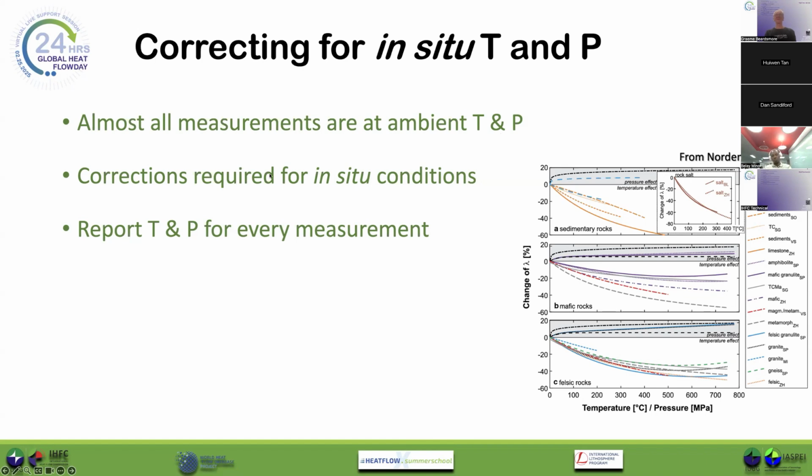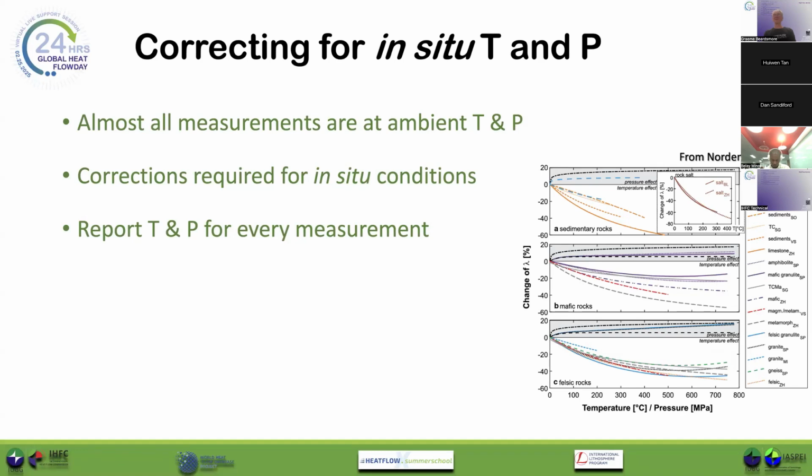So then we need to correct those measurements for in situ conditions. And it's useful to know that as precise as within half a degree or so, what temperature were the samples measured at, what pressure were the samples measured at, so that then we can apply corrections